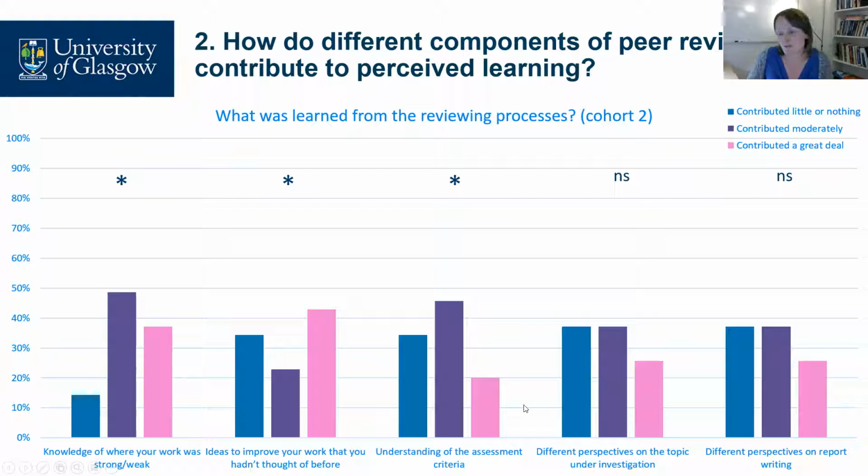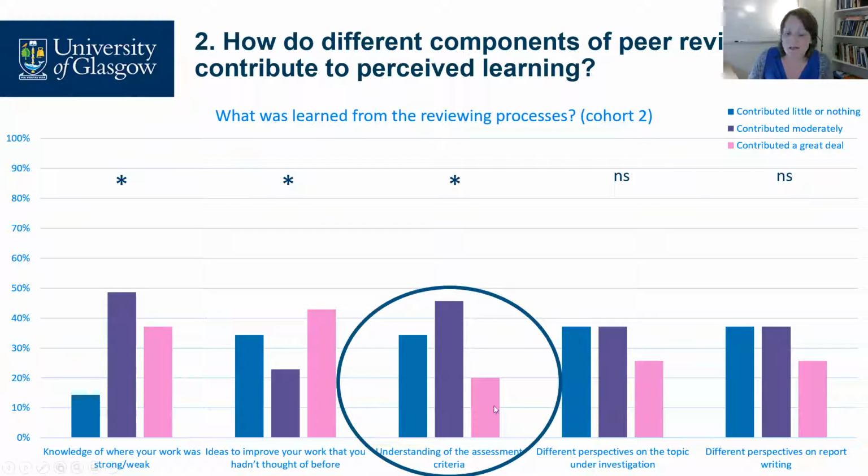So again, just some reflections on this. It's, I guess, not overly surprising that students found that they learned more about the assessment criteria from engaging in the review of other people's work, specifically because they were asked to review other people's work in light of the assessment criteria. So it's not surprising, but still it's a nice result. You'd certainly hope that that would be an outcome from this, that in reviewing other people's work in relation to the criteria, they're learning more about the criteria, and presumably that would prepare them well for becoming more independent learners and being able to assess their own work better in the future. So not surprising, but still good.